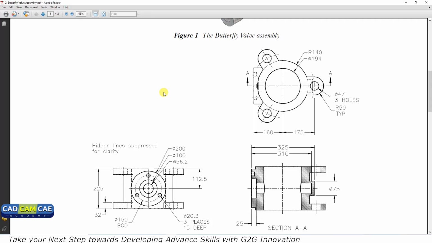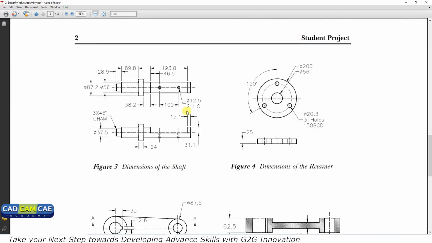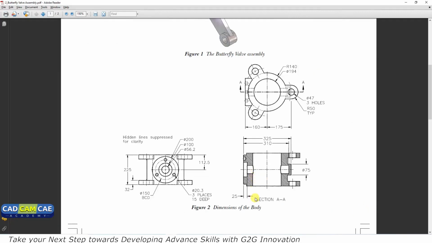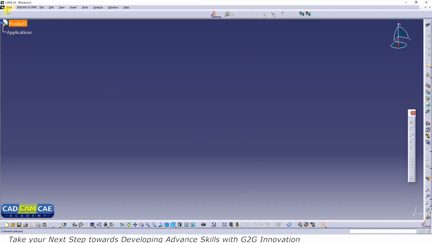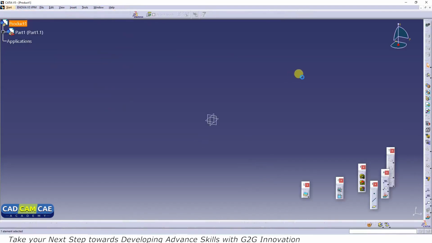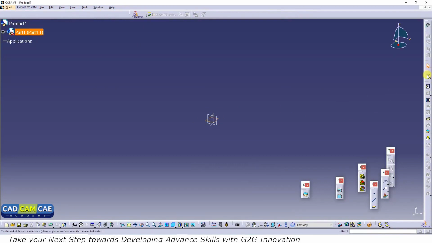Okay, so we have a few components here. We can just go through it. So now let's create the components one by one. We have a body here, so we will create the body first. So let's click on Start, go to Mechanical Design, Part Design, and let's select a plane. Here we will select the XY plane. Okay, click on Sketch,